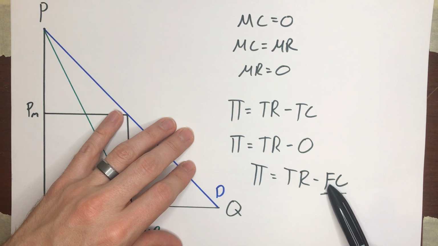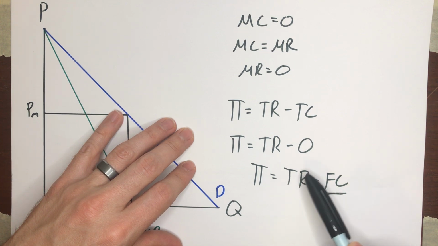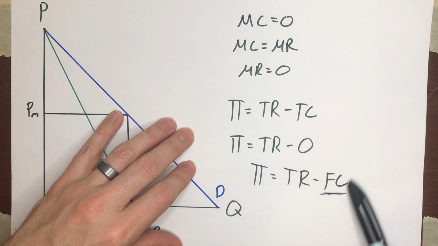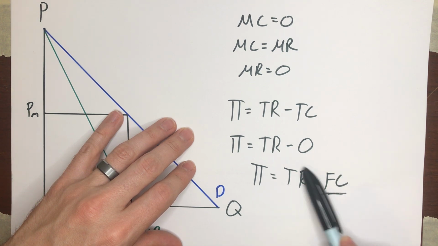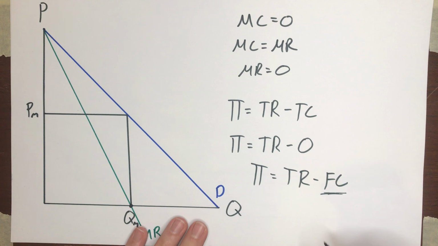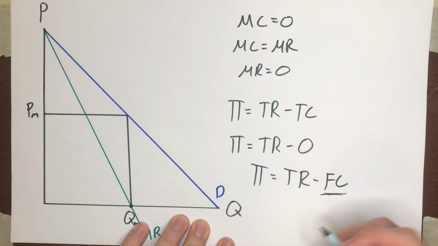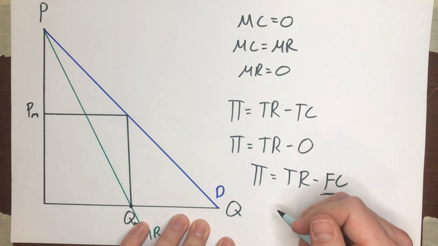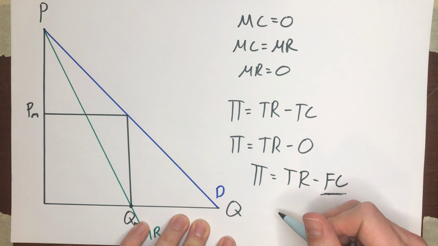It still is going to be the case that an extra dollar of revenue always increases your profits. So if you're subtracting a fixed number out of that total revenue, maximizing your total revenue is still going to maximize your profits. So the answer to Part B would be